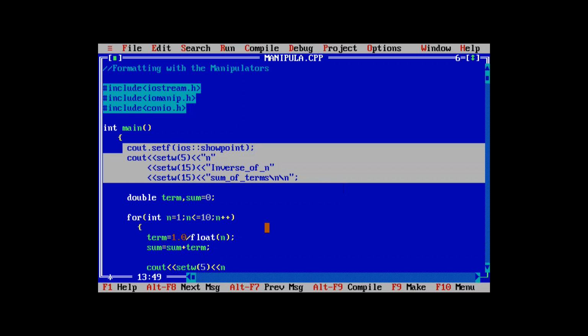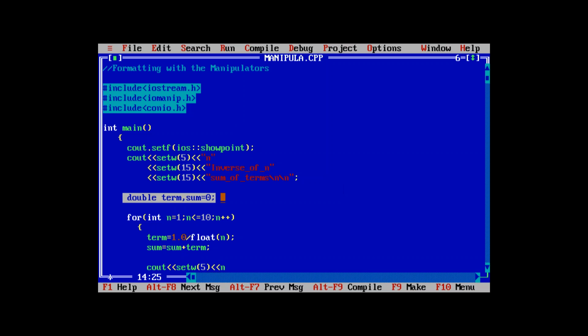Now this will be used for the initialization of the variables. Then the for loop will be used, that starts with n, and that starts with 1. So the for loop is using the character n, that ends with 10, then there is n plus plus. So it starts with 1, it ends with 10, there is n plus plus. So it is an integer value, that is n equals 1, n is less than or equal to 10,